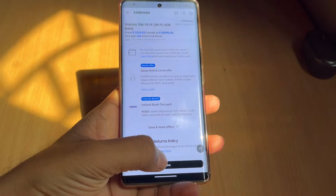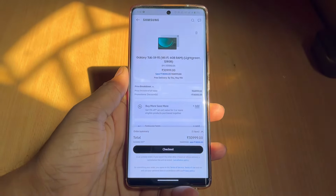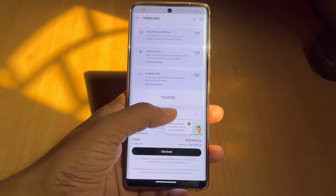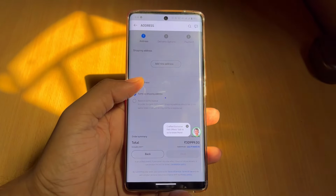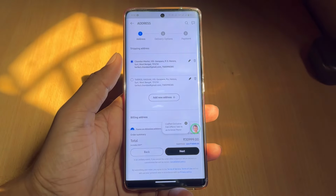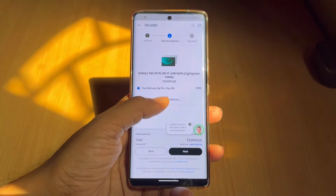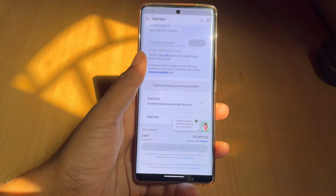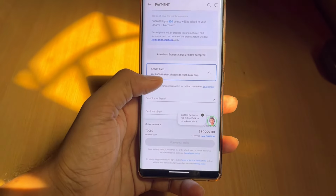At the final stage you have to click on buy now and then check out, and if you have any code, that is a referral code, you can type it here. Then in that case you will get 5% extra discount. Then you have to select your address, then click on next. After that you will see the delivery options. You can schedule your delivery, then click on next, and after that you will be redirected to the final page